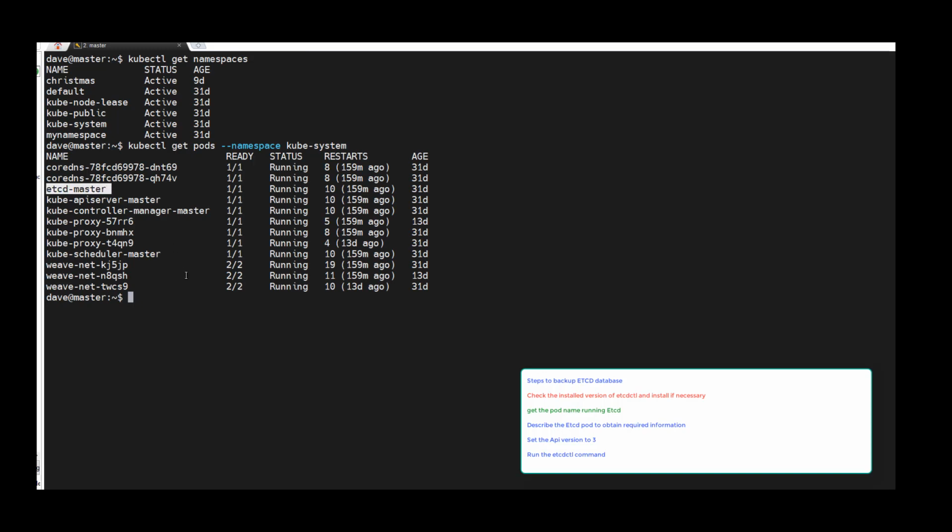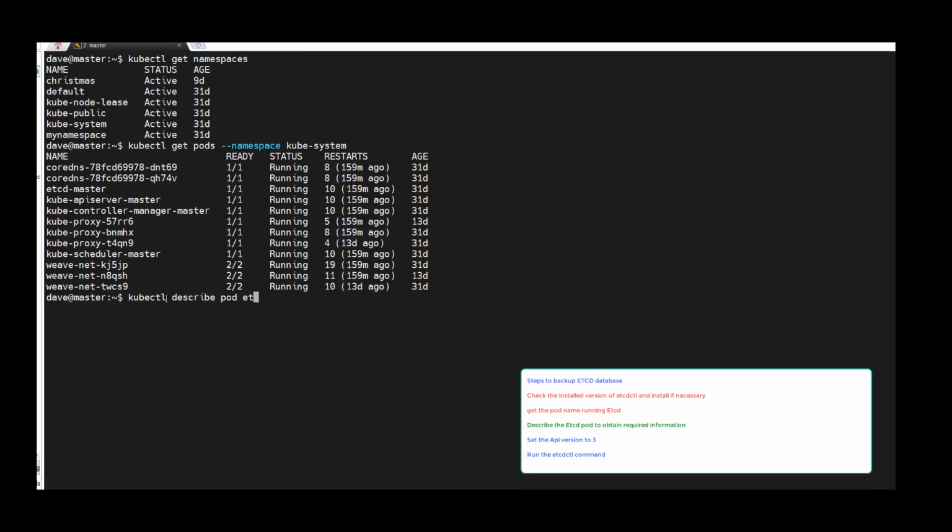It's called etcd-master. Now, why do we care to know anything about this pod? Well, it's nice to know if it's running, and it's nice to know little things about how things work, but in regards to our backup, this is going to give us some key information that we don't have to memorize. So kubectl describe pod